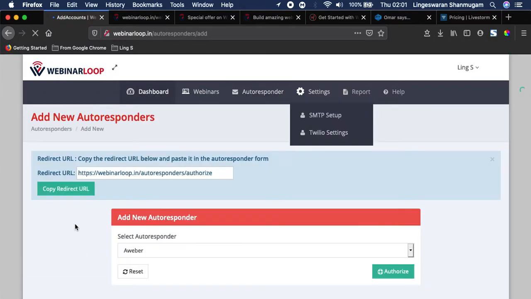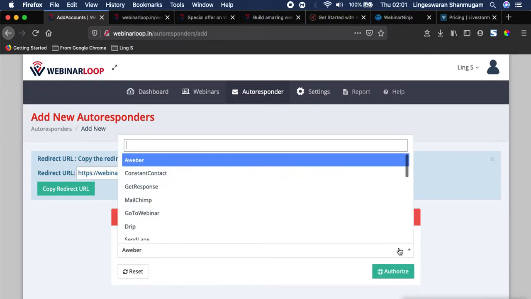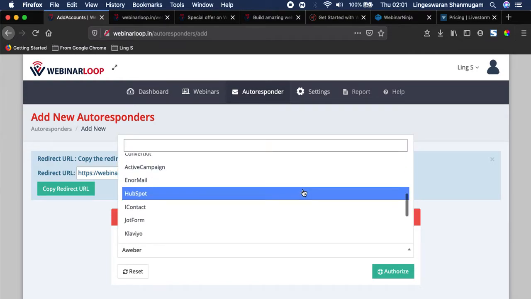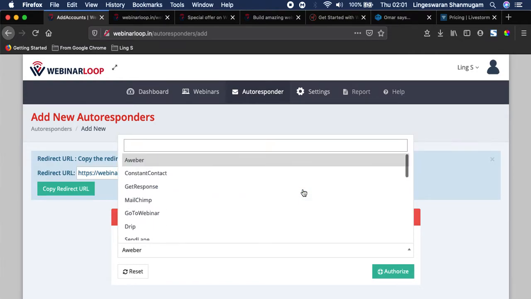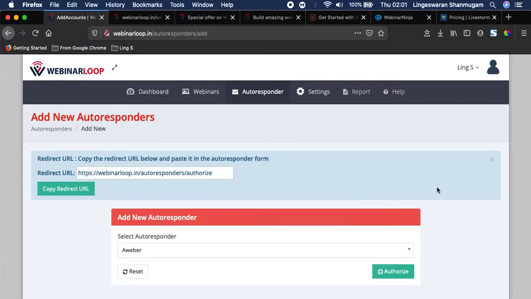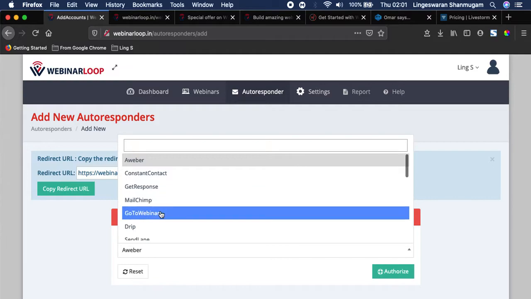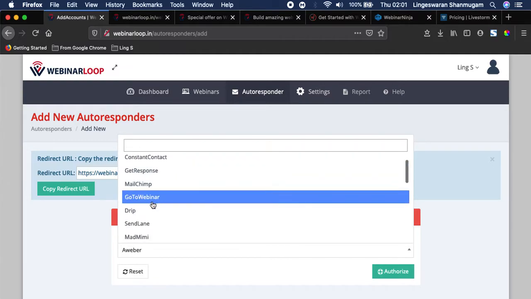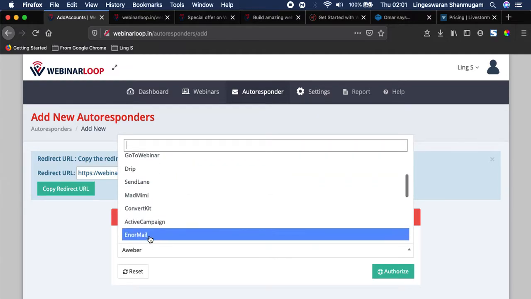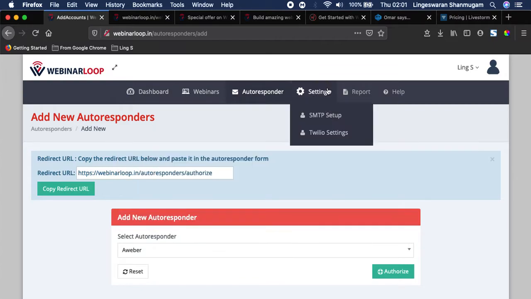You can have the autoresponders added. If you just look at it, I really see a lot of autoresponders you can integrate, most probably GetResponse or MailChimp, even GoToWebinar as well. So SendLane, MadMimi. These are the possibilities, and you have the email integration and SMS integration with these two settings.